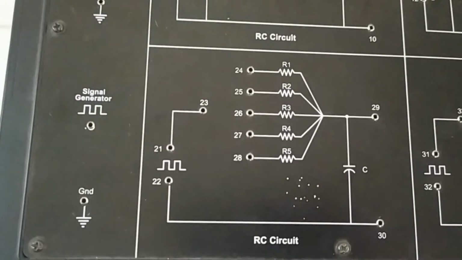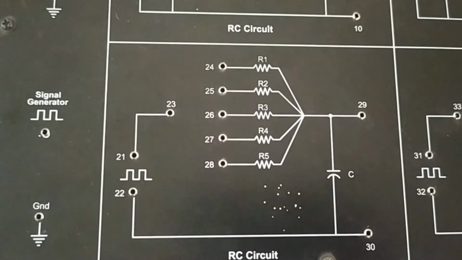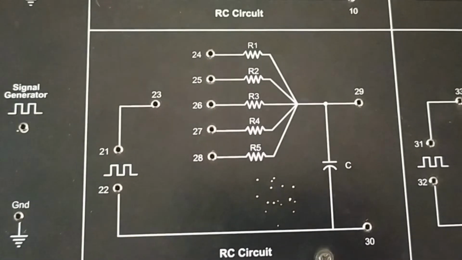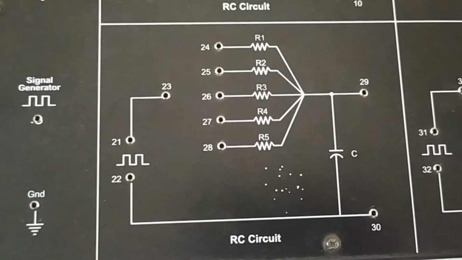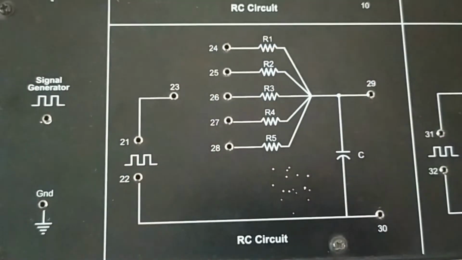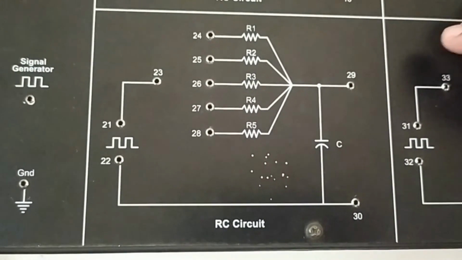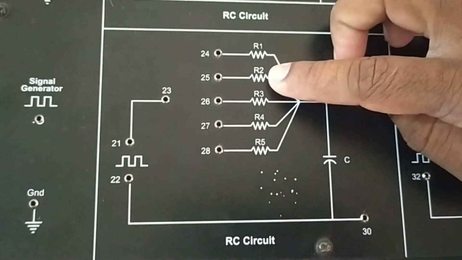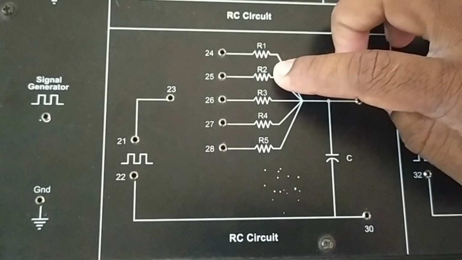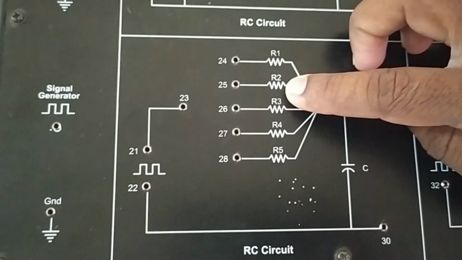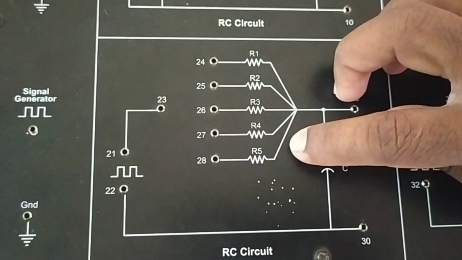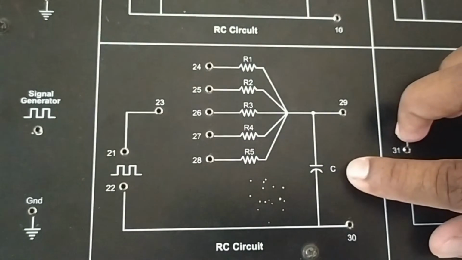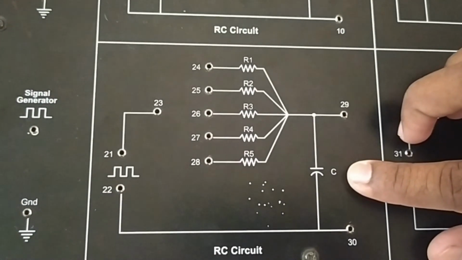Hello everyone, here we are to perform an experiment called transient analysis on an RC circuit. This is the trainer kit, in which we are applying a 5 volts DC supply from the input terminals. We are considering different resistance values to observe the variations in the waveforms. R1 is 10 kilo ohm, R2 is 20 kilo ohm, R3 is 3.3 kilo ohm, R4 is 5.1 kilo ohm, and R5 is 6.8 kilo ohm. The capacitor value is 1000 microfarad.